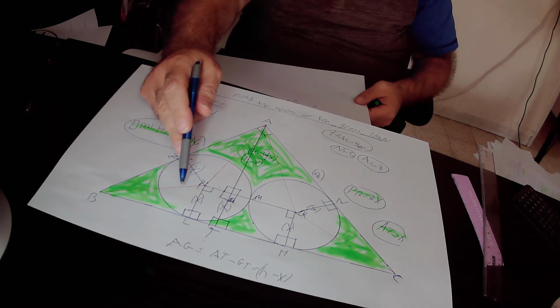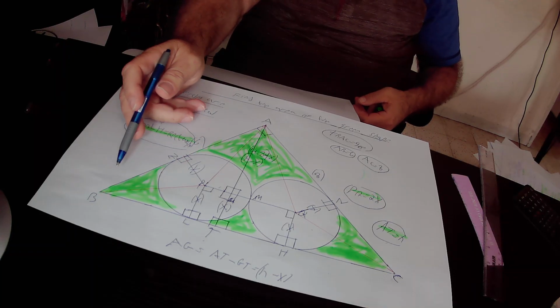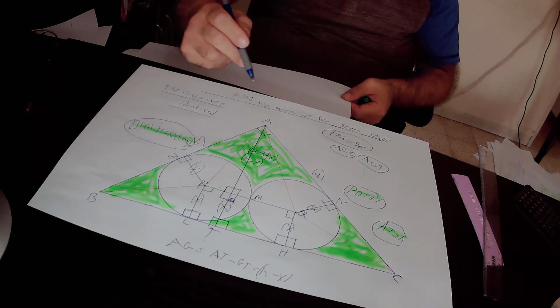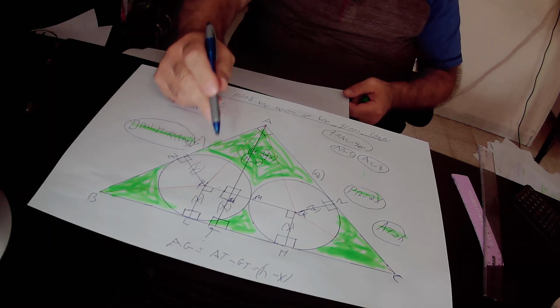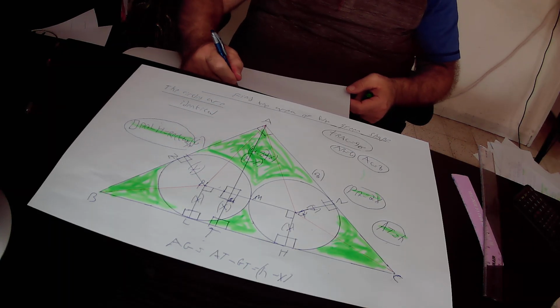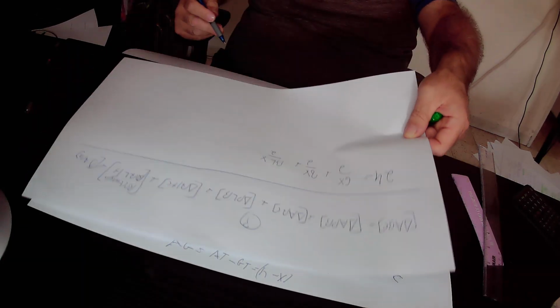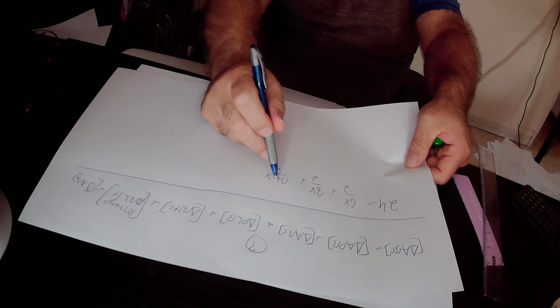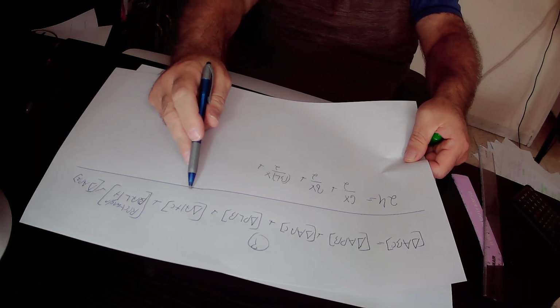The right triangle PLB equals the base BL times the height x over 2. So in total this right triangle PLB equals BL times x over 2,